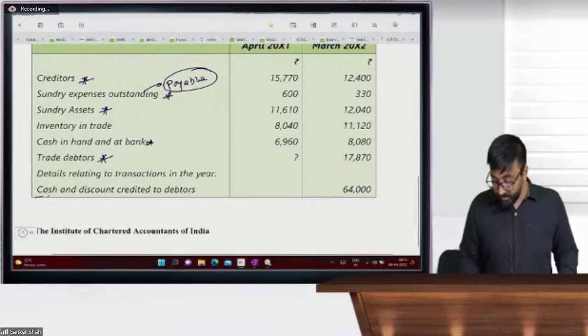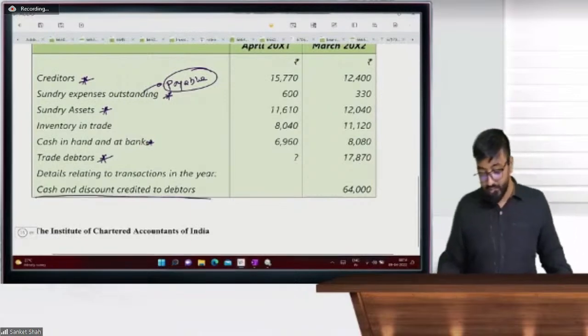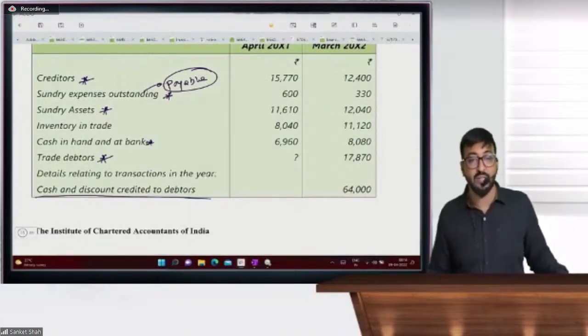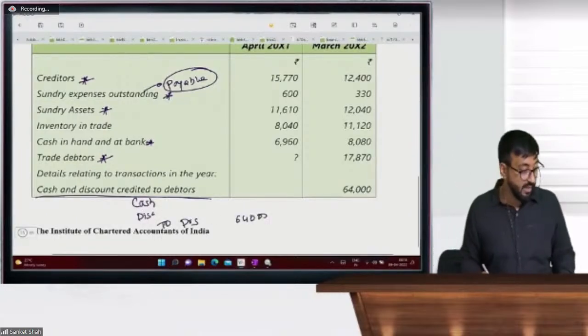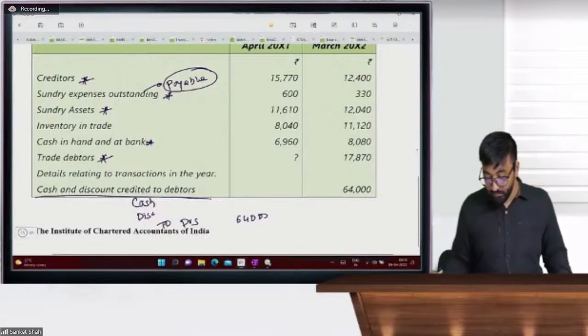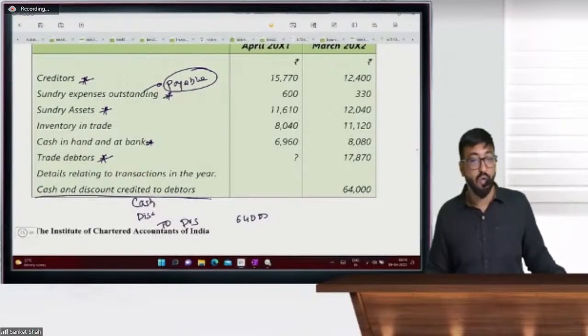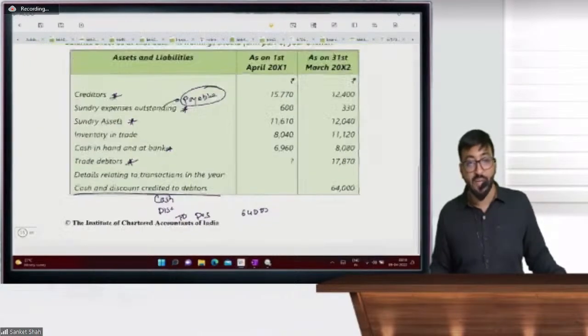Next one. Cash and discount credited to debtors. So what is the amount? Cash and discount credited to debtors. So the entry is cash, discount to debtors. We know the debtors figure, 64,000, but we don't know the bifurcation. What is the cash and what is the discount? But by experience, I can tell you,